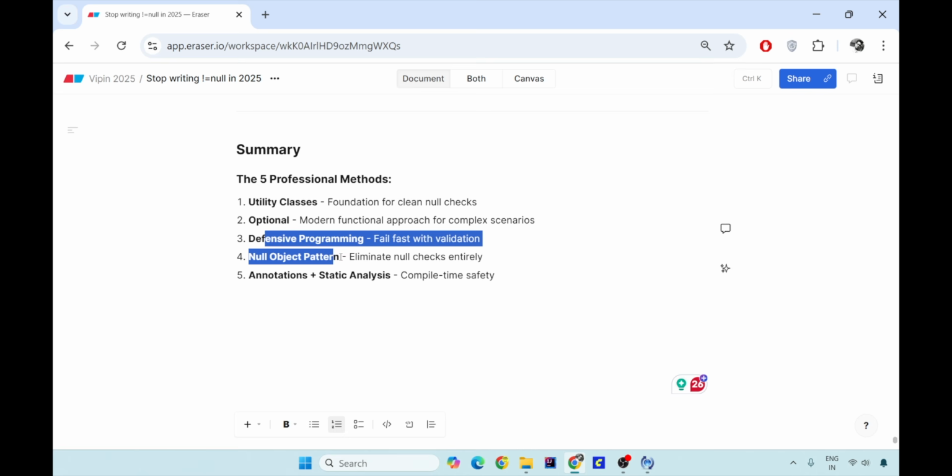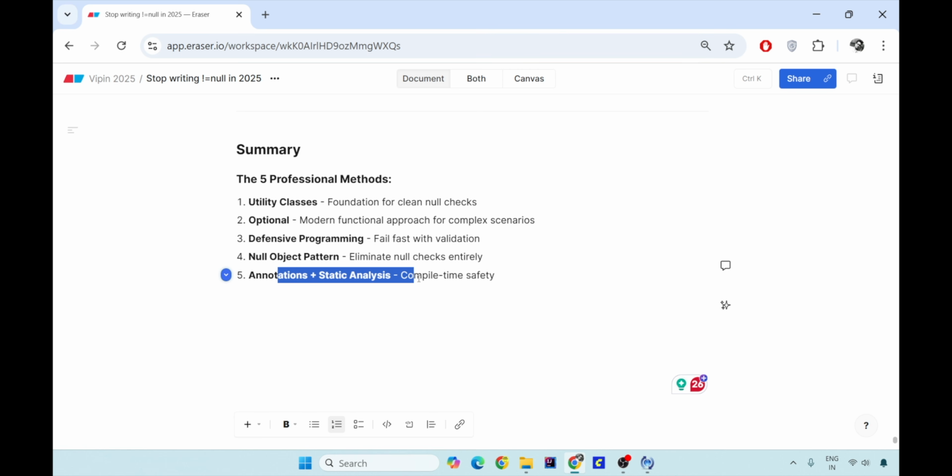They are conflicting ones. If you are using defensive programming, the null object design pattern becomes the anti-pattern. The null object pattern is a very beautiful way of handling where you have multiple default values for your properties. And if that object is not present, rather than logging, you register that user in the system. So this is the beautiful pattern when you don't have any fail fast requirement. And the last one is annotations and static analysis, which will help you in coding and development at compile time, and warn you that this might give a null pointer exception at runtime. Please handle it with @Nullable or @NotNull.